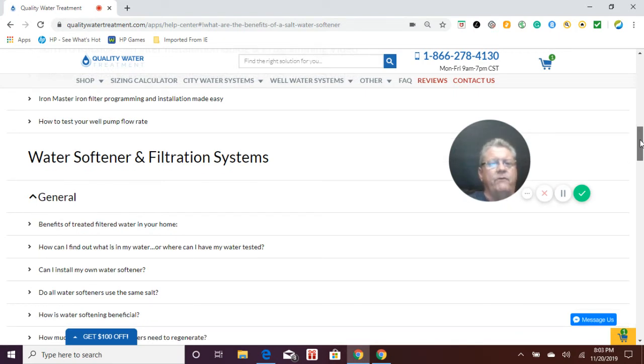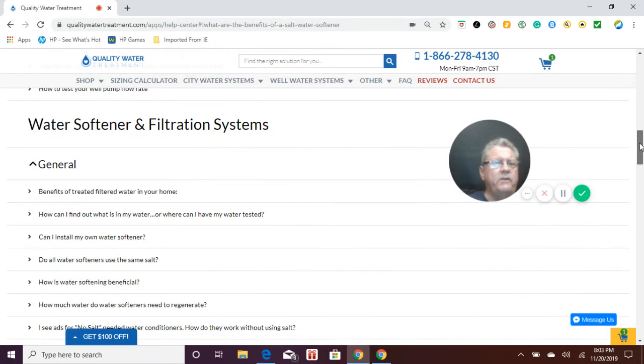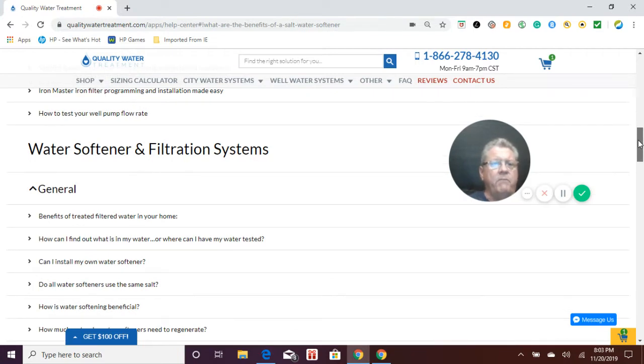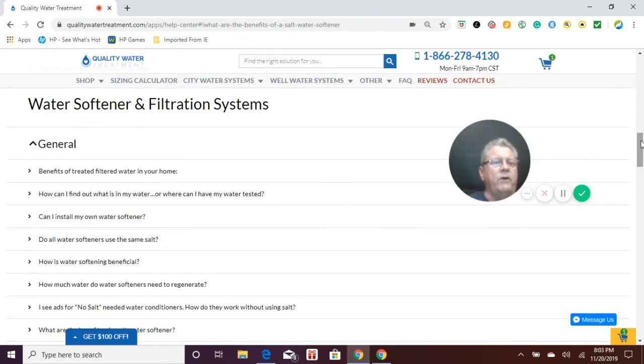All of our iron filters are detailed out to show you what kind of gallons per minute is needed to backwash it properly, so you can match it up with what your well pump flow rate is and choose the proper system that way. We also have